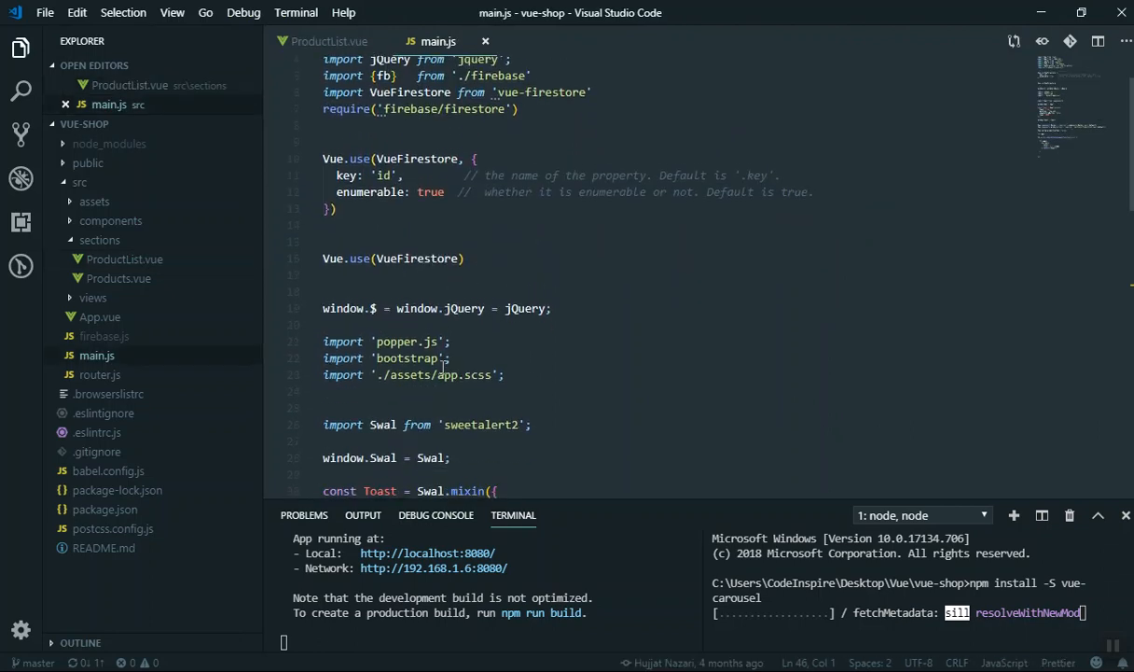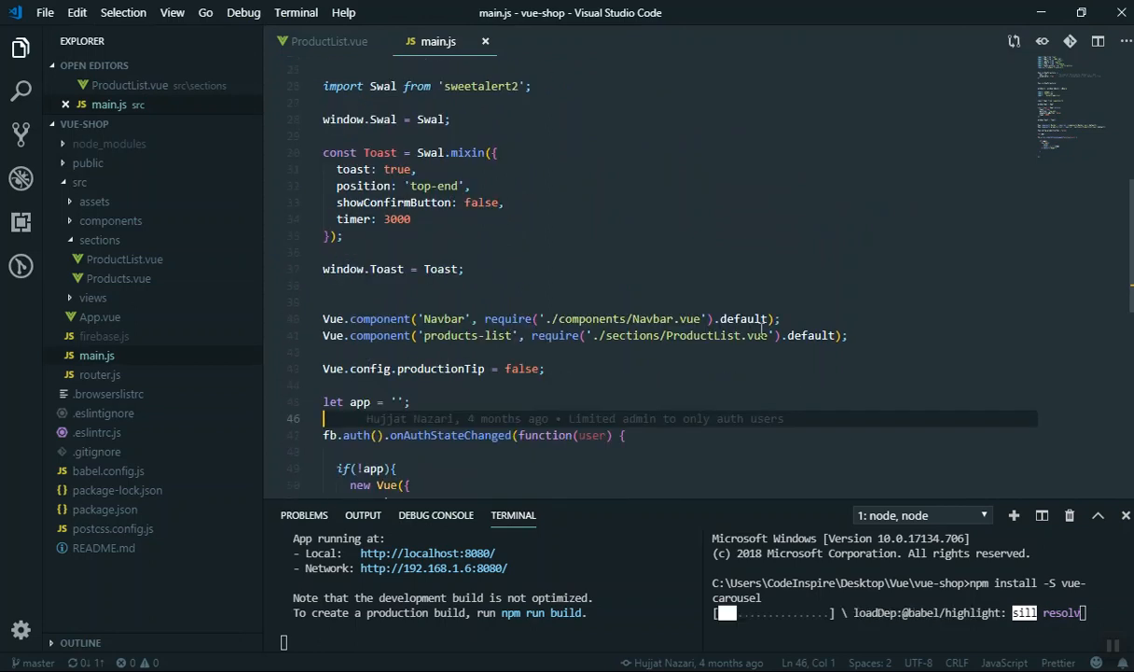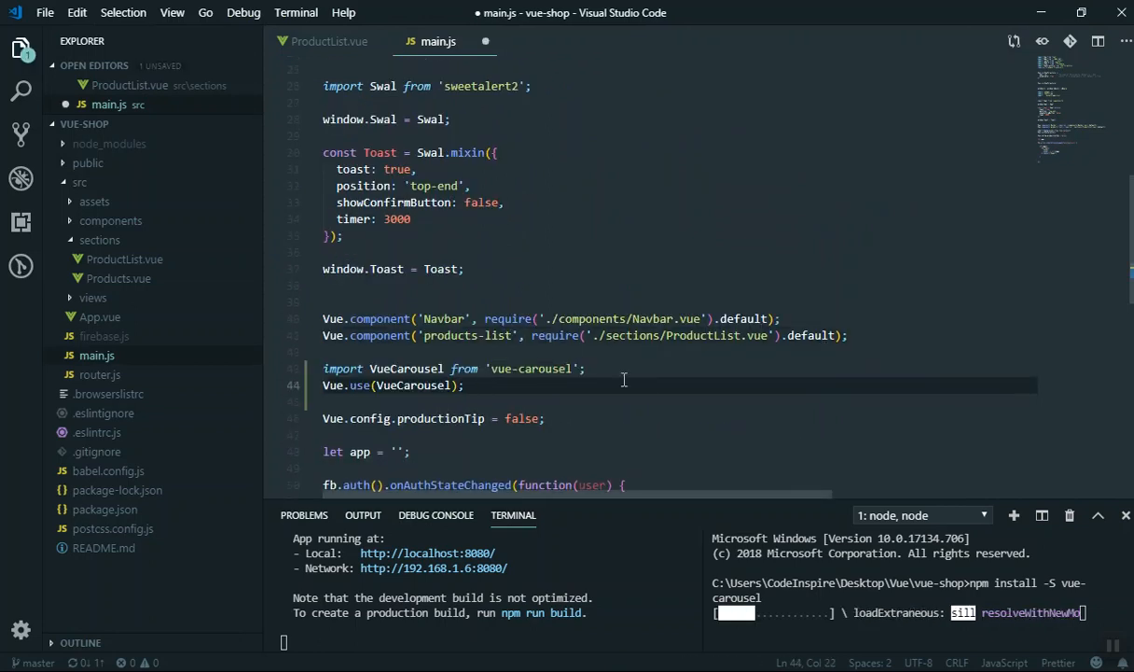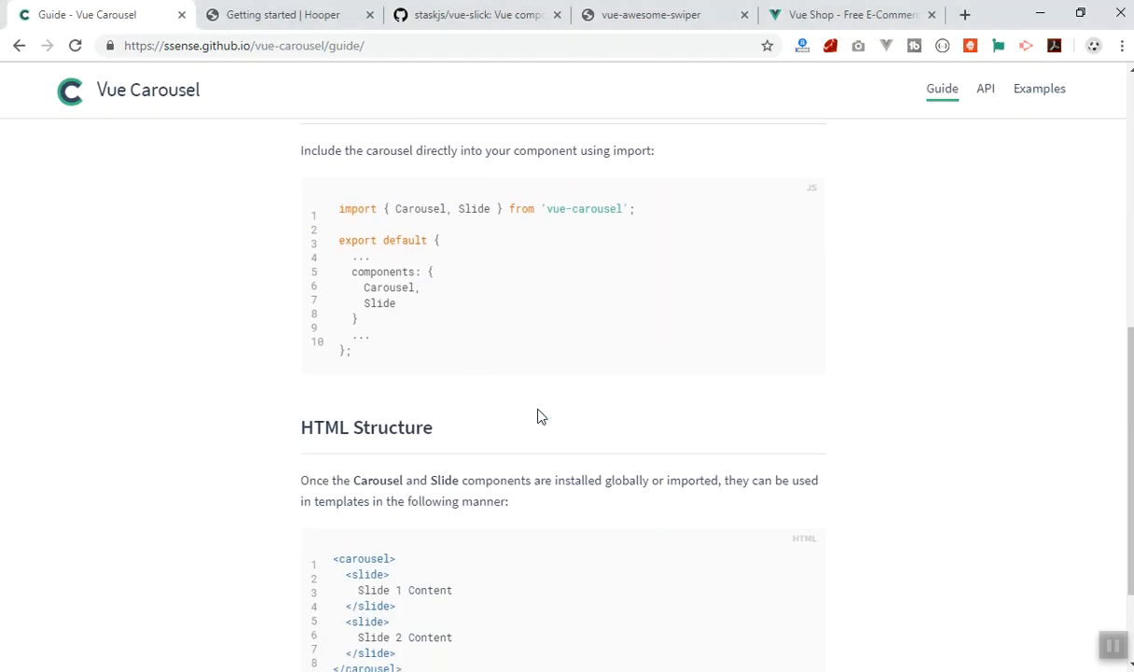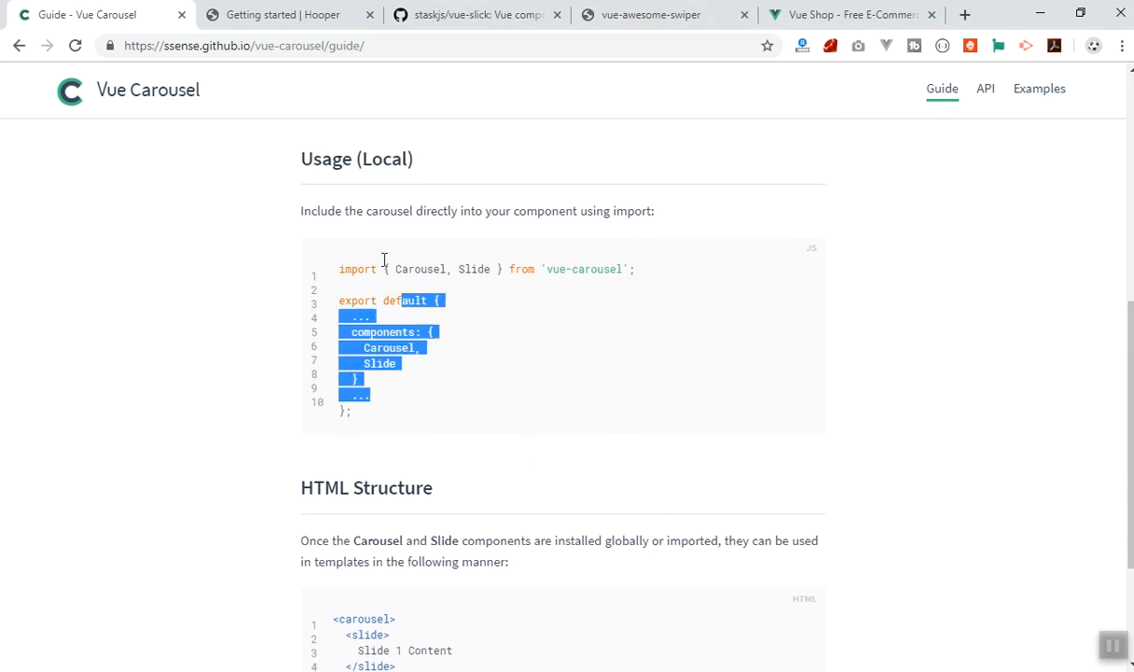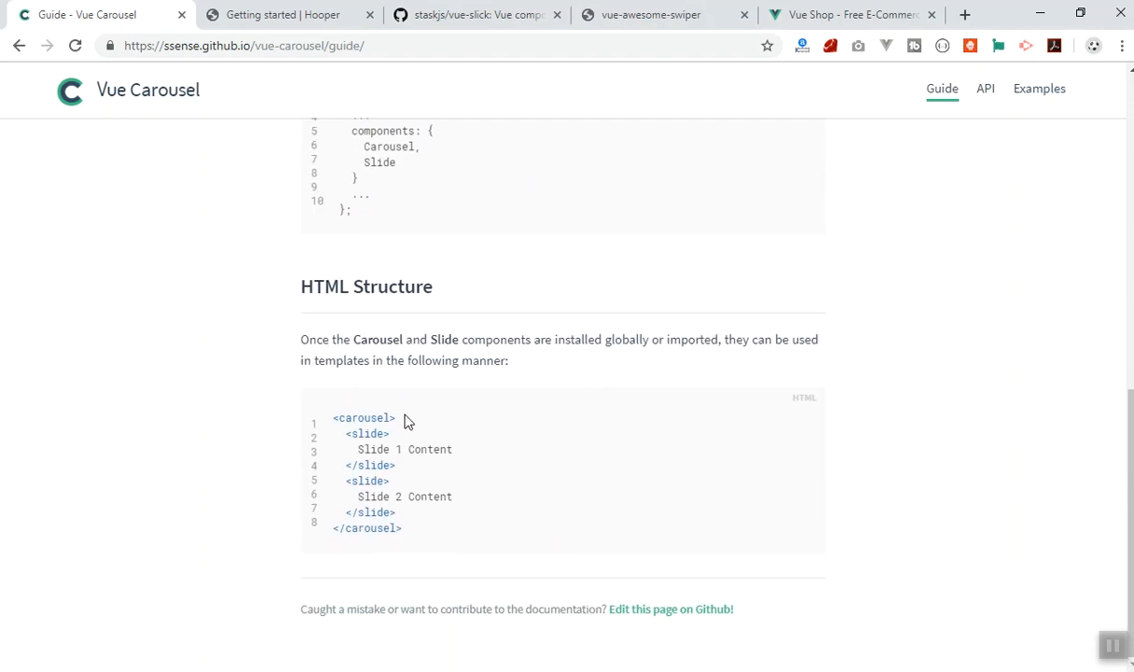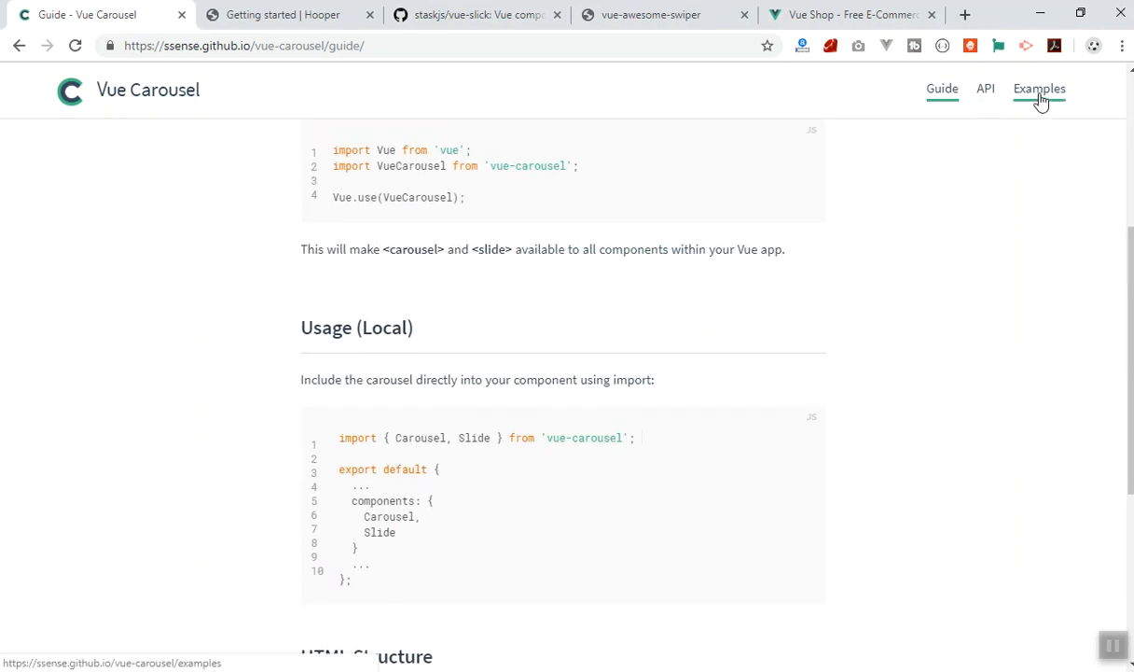For us, it doesn't matter because we do not focus on optimization so far, but in a future video I will talk about optimization and why you should use one way or the other. After it is installed, we are going to save our file. I'm not going to save it yet because it will give an error, since Vue Carousel is not installed yet. And how you are going to use it, this is the local one, and the structure is very easy. You write carousel, then your slides. That's it. And if you go to the API and the examples, they have a few examples that you can use. The example section is not clean, so I don't recommend going there. I just want you to go to the API,